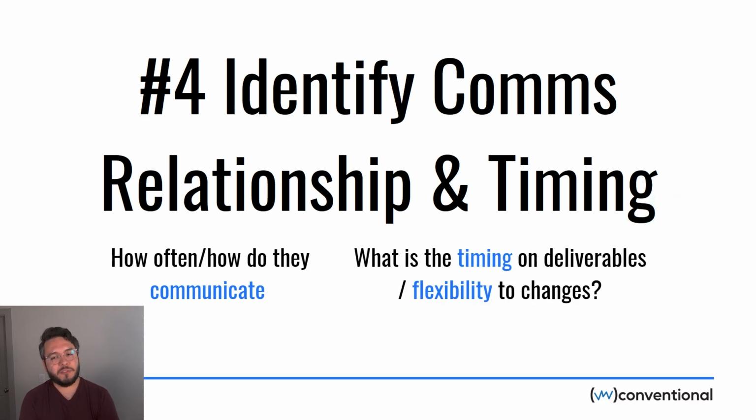What is the timing on deliverables and flexibility to changes? I will say it is a very rare day that startup founders don't make tweaks even through the development process of the MVP. And you want to make sure that the development agency you're working with has some wiggle, or that at a minimum you can pay for the wiggle. Some people scope their product and that's what they're building and they're handing it to you, and that's the end, right? You have to renegotiate for new stuff on a new contract. Others say, here's the scope, and if we have to add anything we can add up to 20 hours extra for odds and ends that you need built or added at a fee of $150 an hour, right? Whatever the deal is. But notice there's a little bit of wiggle.